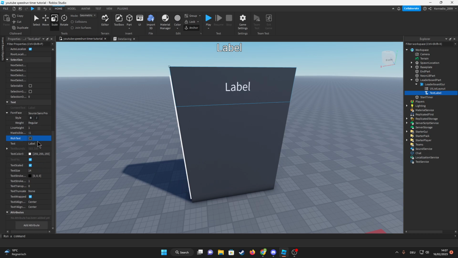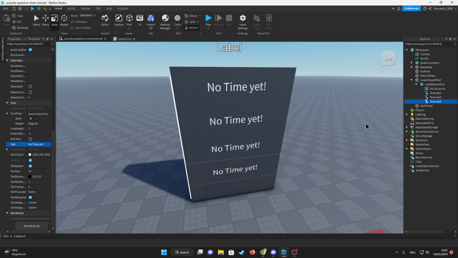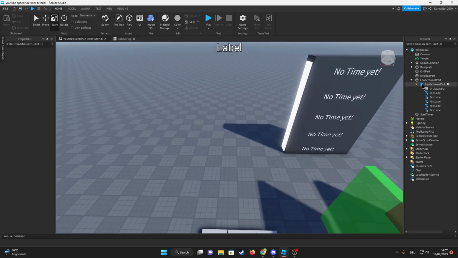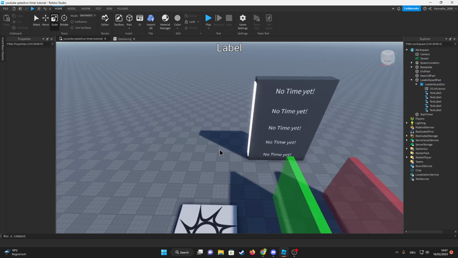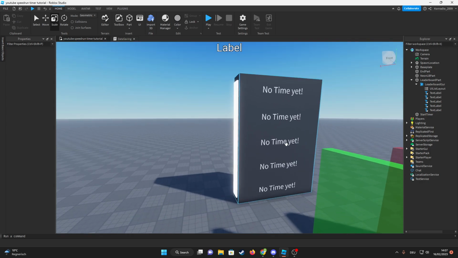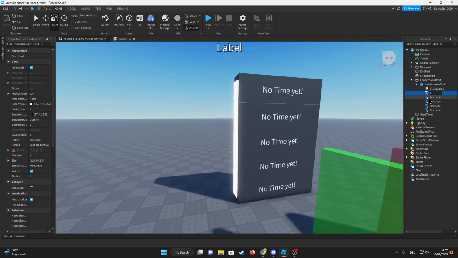You can change it to whatever you want, like no time yet. So you can just keep it like this, and then you can literally just duplicate it like this. No, 1 second. Let me do it like, yeah. So this worked perfectly fine, and yeah, it's a pretty well working leaderboard thing. So I'm just gonna name these differently, like 1, 2, 3, 4, and oops,